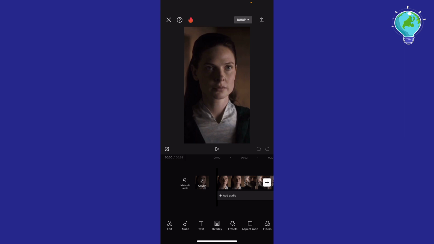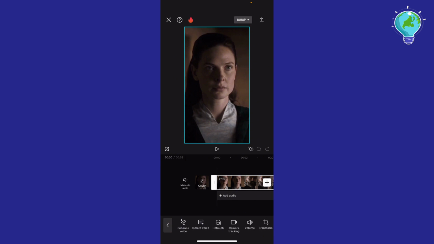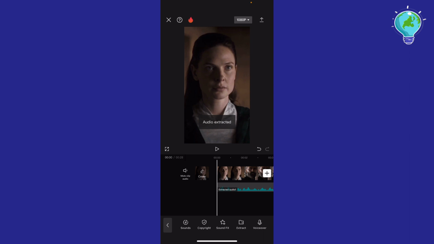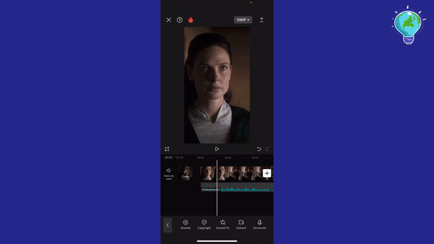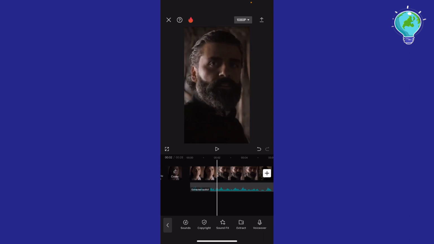So in order to extract the audio, I'm gonna just click on the video right here, and what I'm gonna do, I'm gonna just swipe right, and you're gonna see right here, next to the motion blur in the replace, you're gonna see extract audio. Click on it, and basically the audio is extracted right here, and you're gonna hear the video while you are